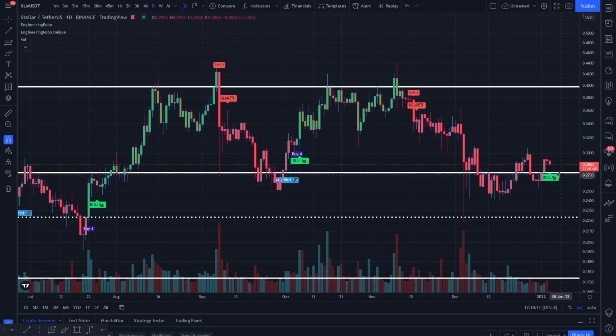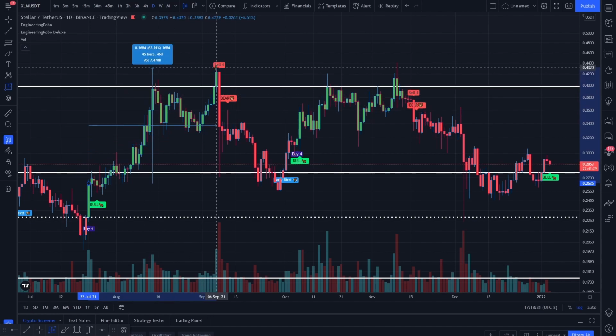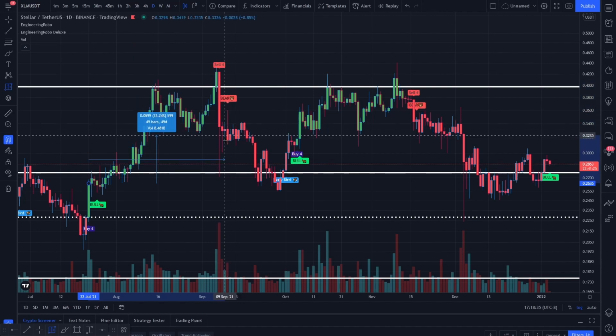Daily candles need to continue to interact with 27 cents as support, and two of our chosen three robo advisors need to return here. So this combination of robo advisors suggested a bullish area of accumulation at the 26-cent level throughout the end of July. Price action experienced 63% in upside over the following 63 days,